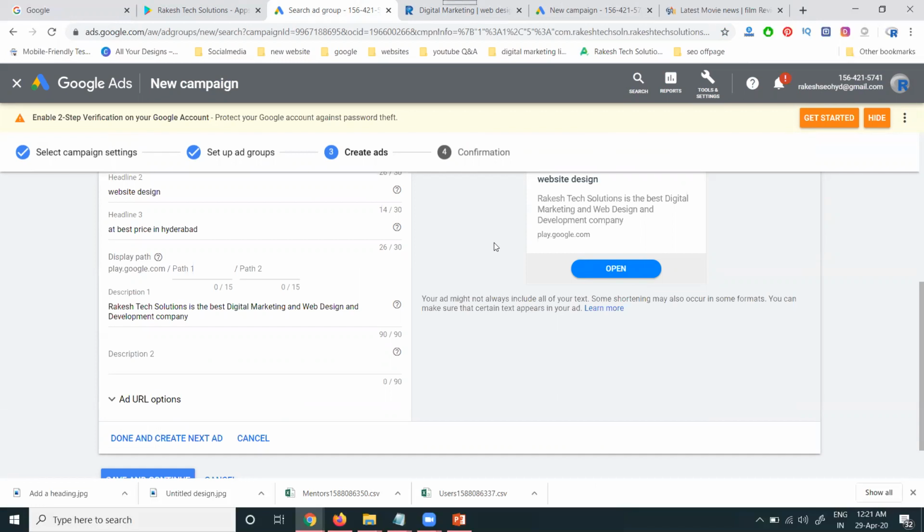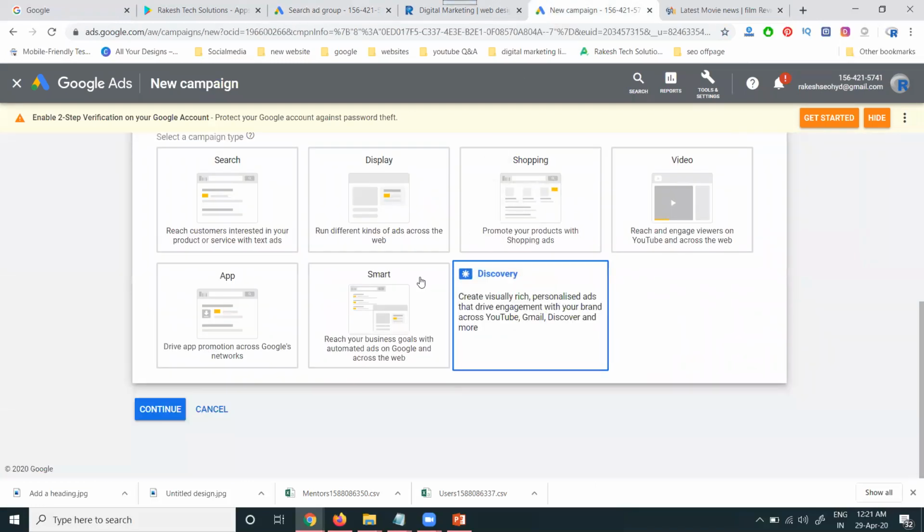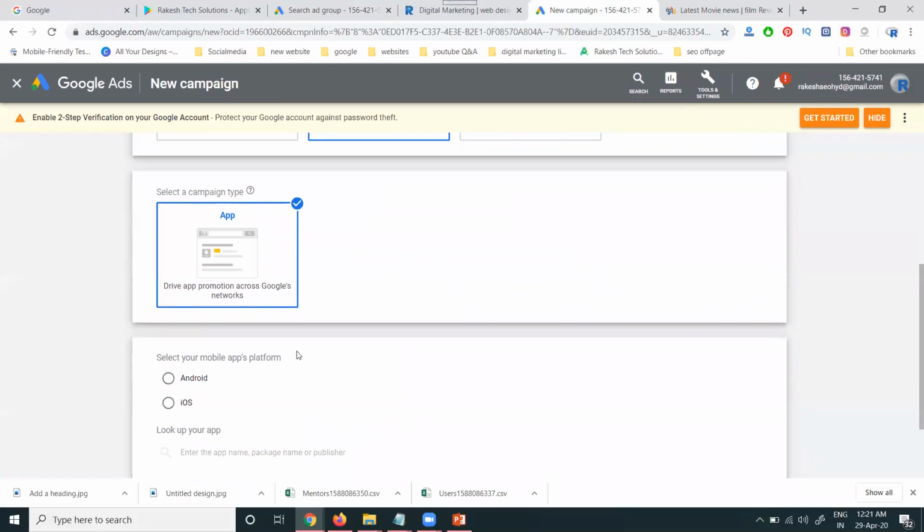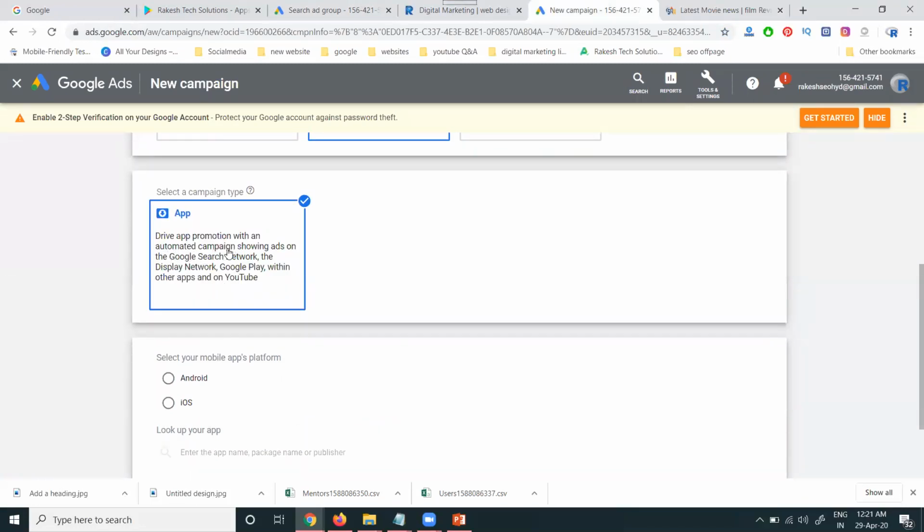Search and mobile have only one difference. In mobile app promotions, come into this. The ads are automatically generated for the Google Search Network and Display Network, Google Play, other apps, and YouTube. So they only promote to mobile users. But the Search Network text ad supports desktop and mobile. The next option is promoting on other websites for your Play Store app install purpose.